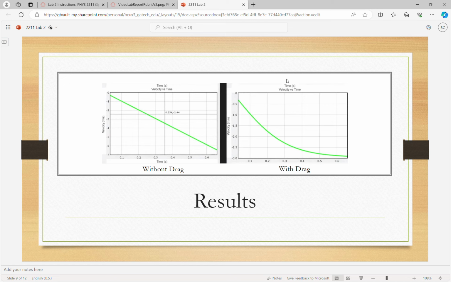However, the world isn't perfect, and the force of drag acts against it. So on the right model, you can see, more realistically, what a ball would look like. The ball's not so linear because